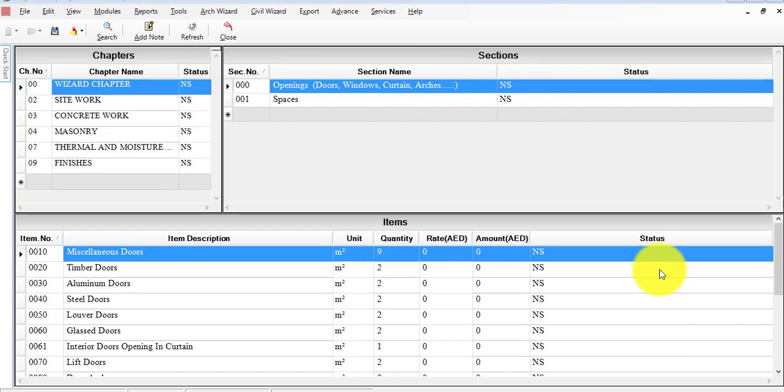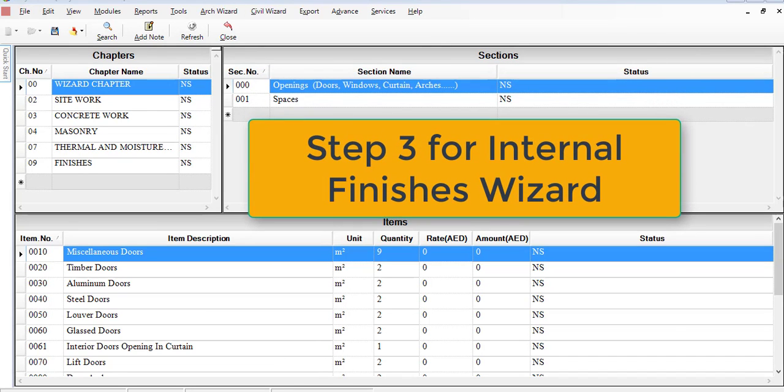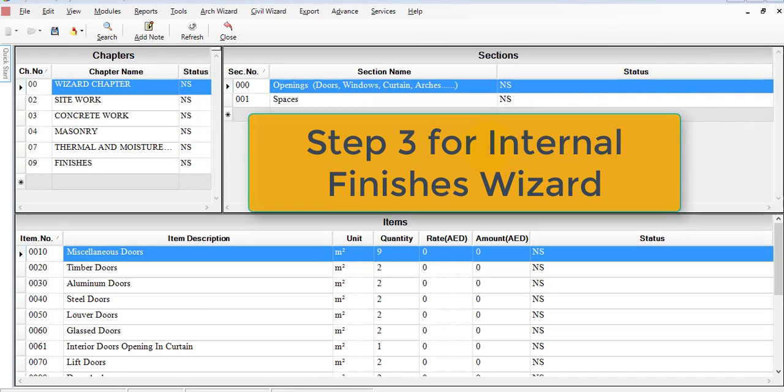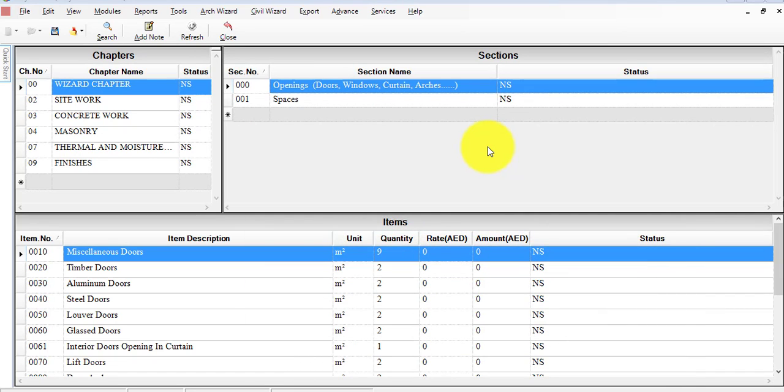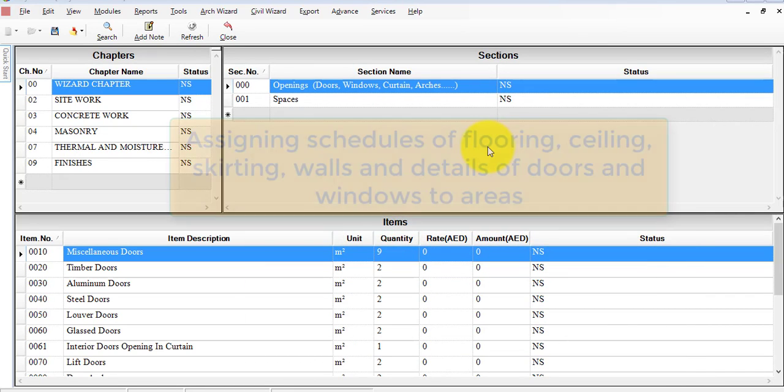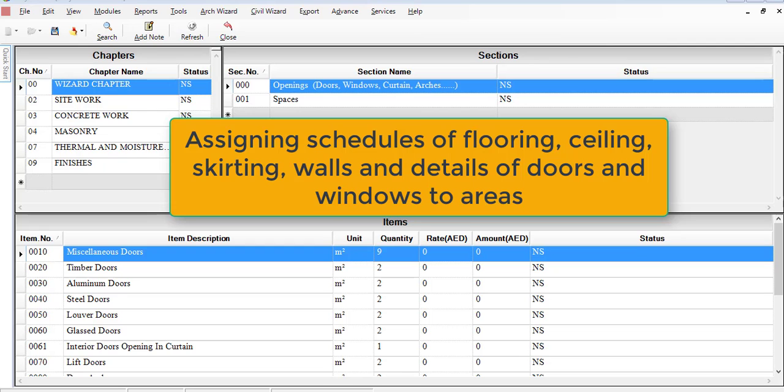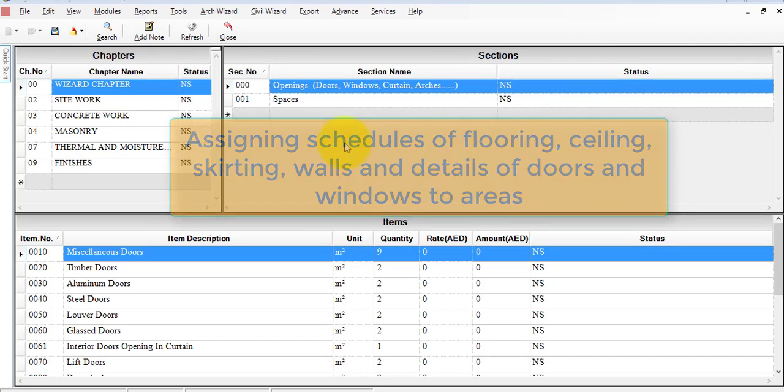Hi, this is a video where we'll do the final steps for the architecture internal finishes, where we will assign the finishes that we have made earlier in steps 1 and 2 and assigning them to their relative location areas. So, in order to do that, we'll go through very quickly what we have assigned as the schedules